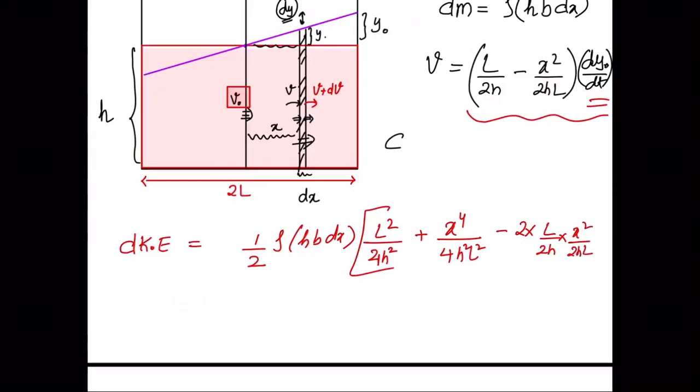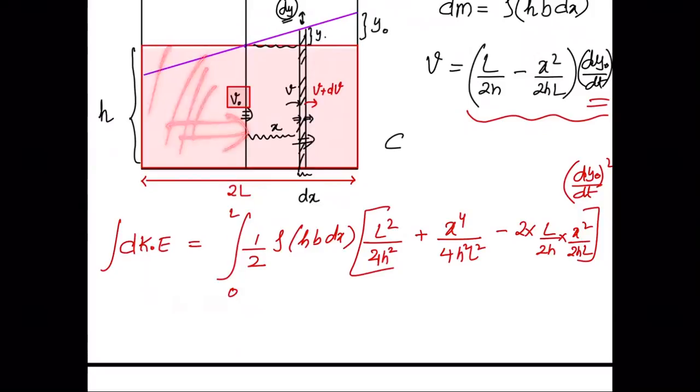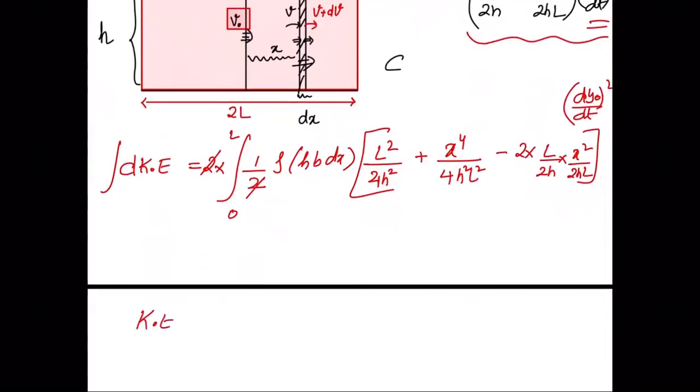ठीक है, into obviously dy0/dt का whole square। अब इसका integration मुझे करना है kinetic energy के लिए, मैं क्या करूँगा 0 से l तक करूँगा, into भाई इधर वाला liquid का भी कहानी वही है तो into 2 कर देता हूँ, ठीक, 0 से l या minus l/2 से l/2 तक कीजिए, मैं 0 से l कर रहा हूँ तो into 2 कर दिया, तो this will give me kinetic energy, तो ये कितना आ रहा है भाई ρ h b dx, अच्छा और क्या दिख रहा है 4h², 2h into 2h, यहाँ पे भी 4h² दिख रहा है, right, तो फिर ऊपर क्या बचेगा, ऊपर बच रहा है l² dx, आपको 0 से l तक करना है